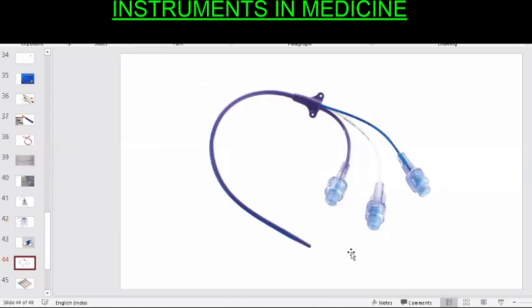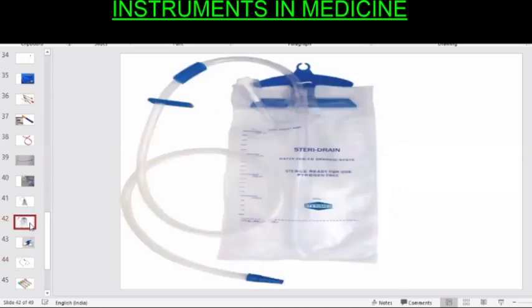Sir, there was a doubt for the ICD bag. For maximum, how many days can we keep the ICD bag? You'll have to measure daily the amount of ICD drain, and every few days, after 48 hours or 72 hours, you will have to replenish this saline, because it will be a site of infection. So you will have to drain out the bag every third or fourth day, so that it won't be a site of infection.